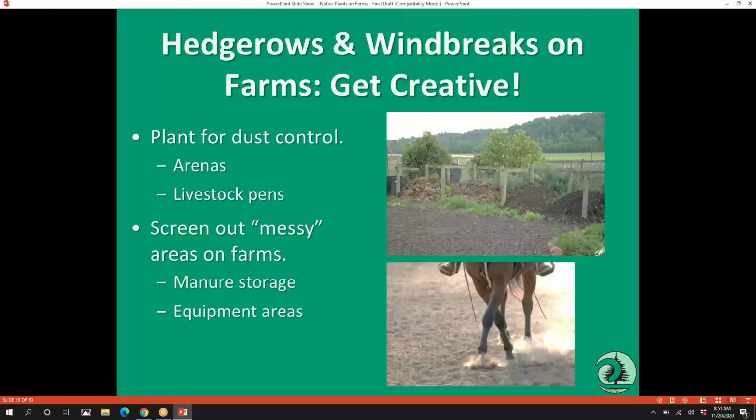So on farms, you can really get creative with these hedgerows and windbreaks and visual screens. Farms have messy areas like manure storage areas and feedlots, and you can use native plants and vegetation and hedges to screen these areas out. That will minimize impacts to neighbors. Oftentimes farms have an equipment yard where you've got old equipment that you may be using for parts. It's a little bit unsightly. And so consider those areas on your farm too,